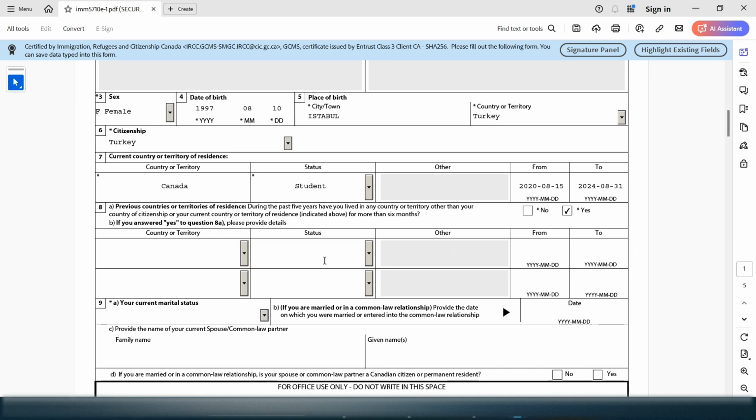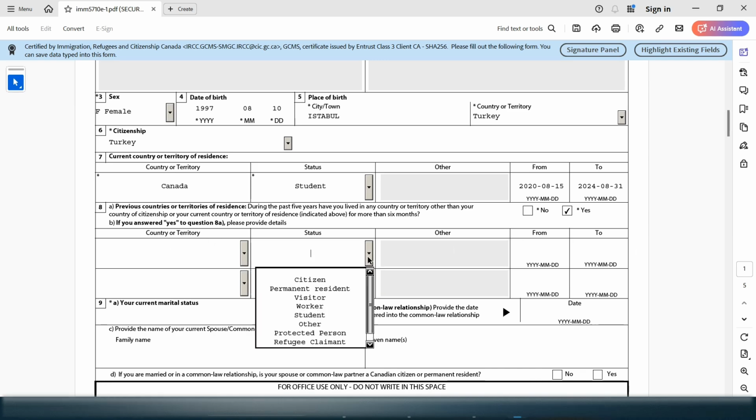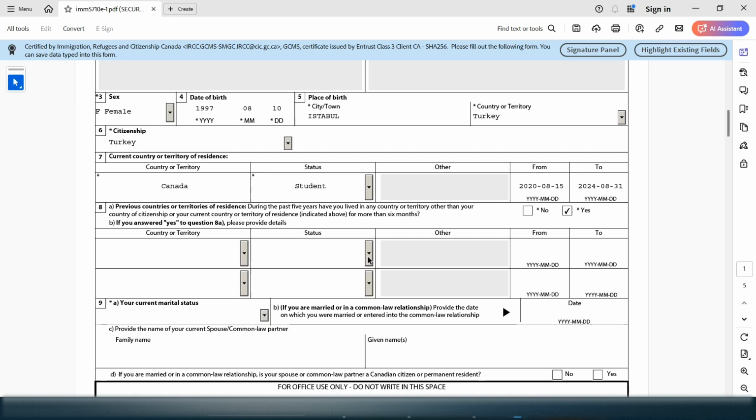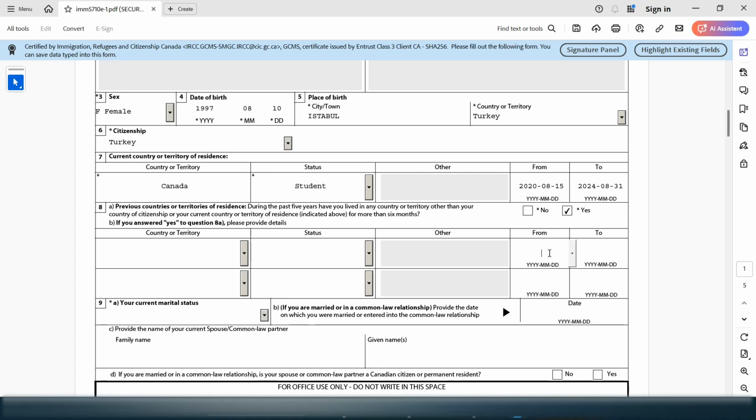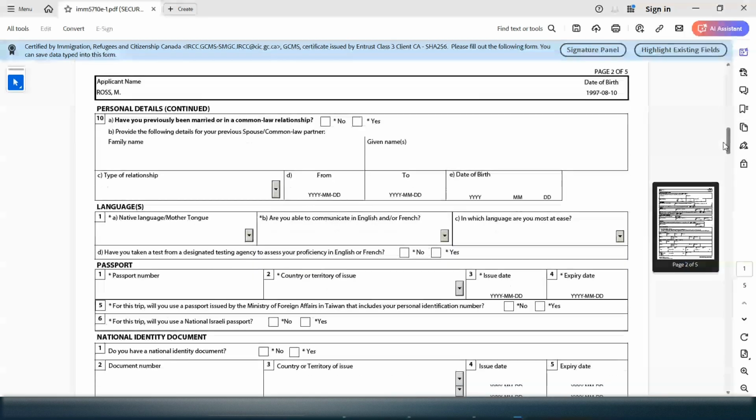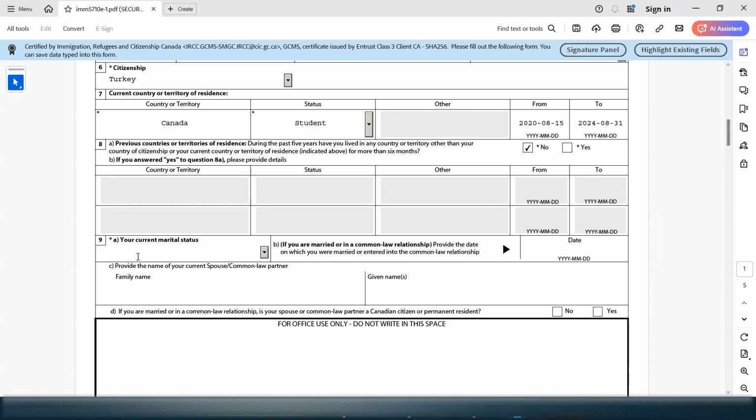You let them know which country it was and the status that you had. If you were visiting United States on a visitor visa, then you just want to let them know that you had visitor status, and then you have to include the dates. But again, if you were not in any other country other than Canada and your country of citizenship for more than 6 months, you just say no. And as you can see, then you don't have to answer any of these parts. You can just move on to the next section, which is